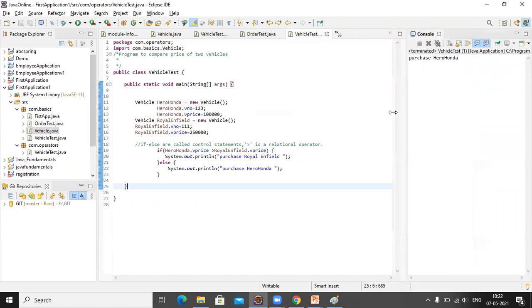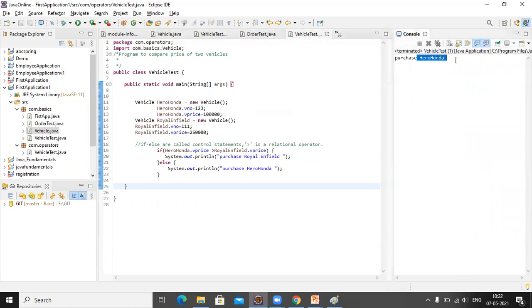So here it says purchase Hero Honda, because we had an assumption that if the vehicle price is less, we will purchase that vehicle. So according to the assumption, we are purchasing Hero Honda.